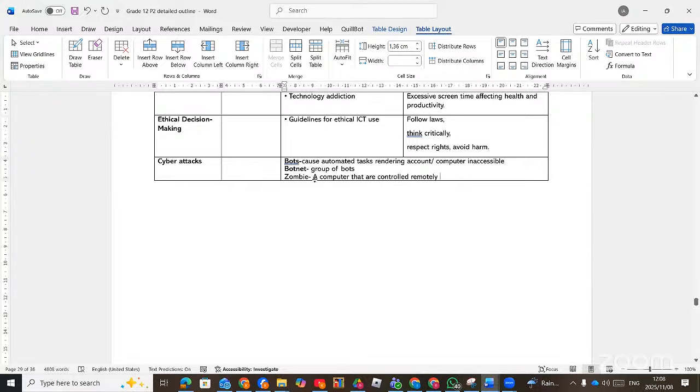We call that computer a zombie. So when it has bots and these things, then it will be controlled remotely. And then aside from this, we have the bot, we have the botnet, we have the zombie, and then we also have what we call